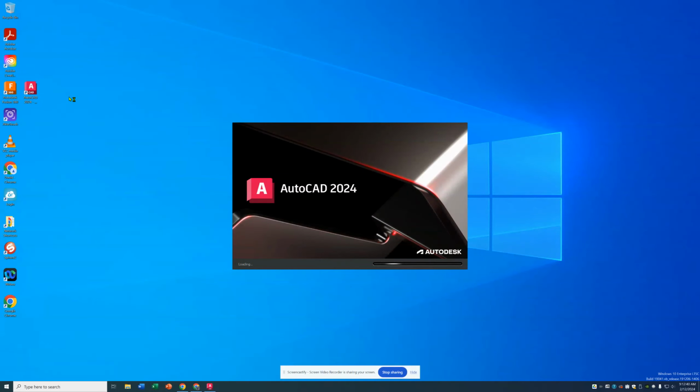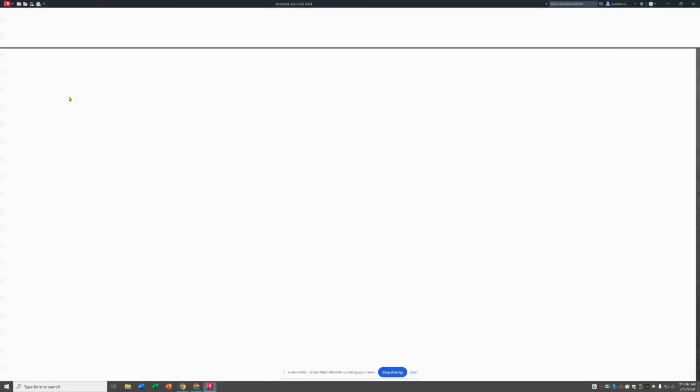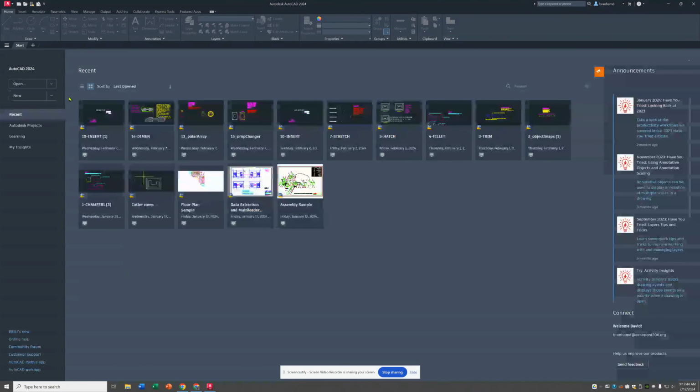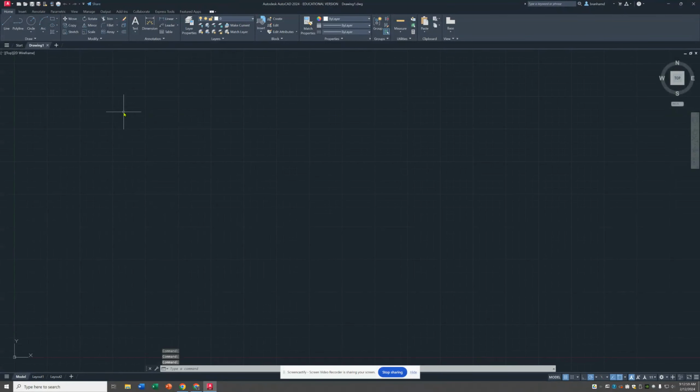And the first time you open it, there's going to be two pop-up windows. And I think you have to click I agree and then OK, something like that on those. And then this is what it'll look like. We're just going to create a new document right here. And what we're going to do,